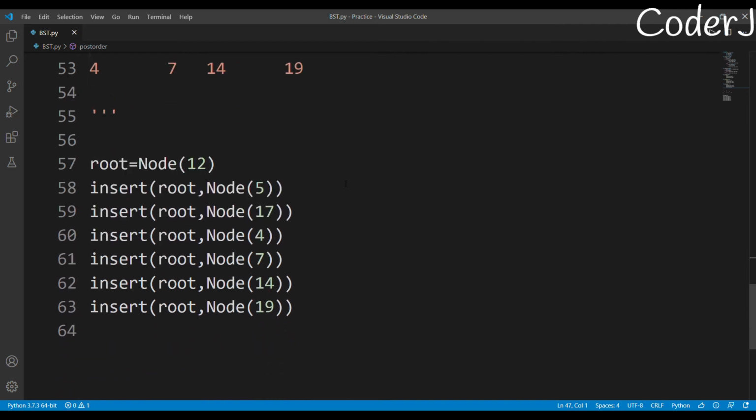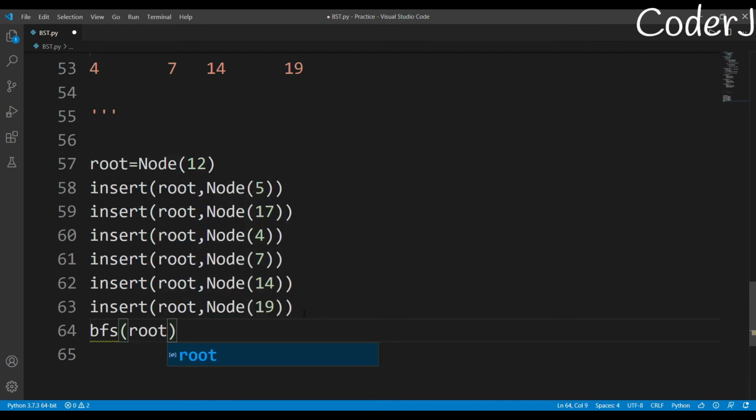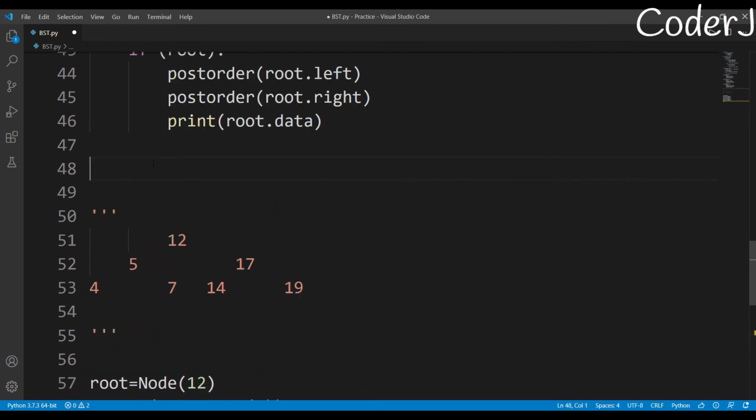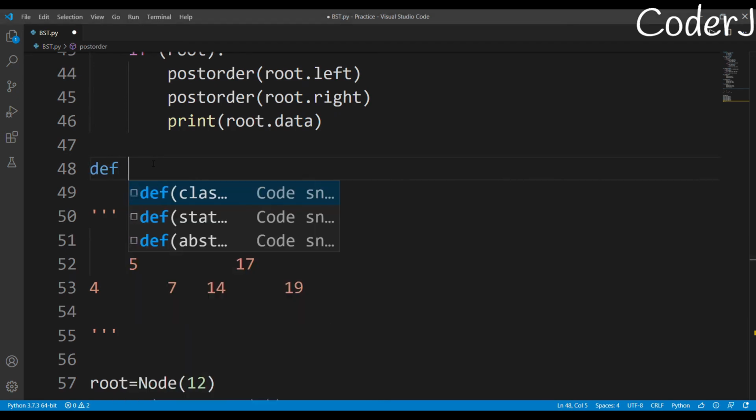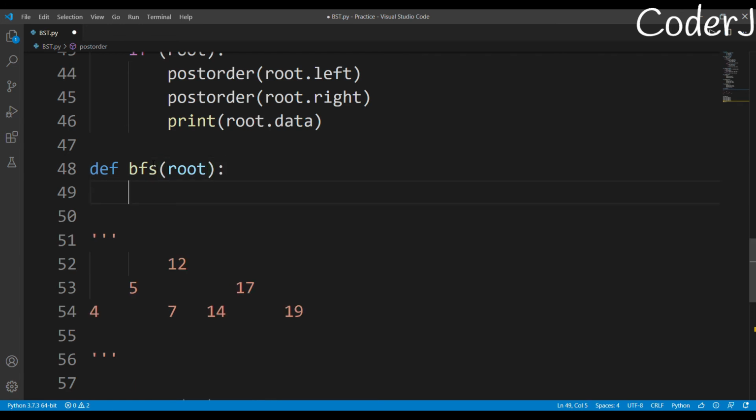So the first thing that I'll do is firstly call the function BFS. The only thing that I need to pass is the root node, right? So now let's start making a function. def BFS(root). By the way, if you are a coder of C++ or Java, and if you are having any trouble in coding the part, if you're getting some sort of error, then you can just ask me. I'll help you out in that part also.